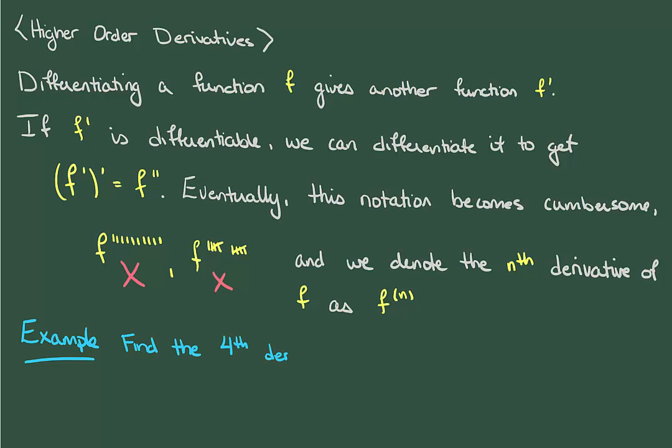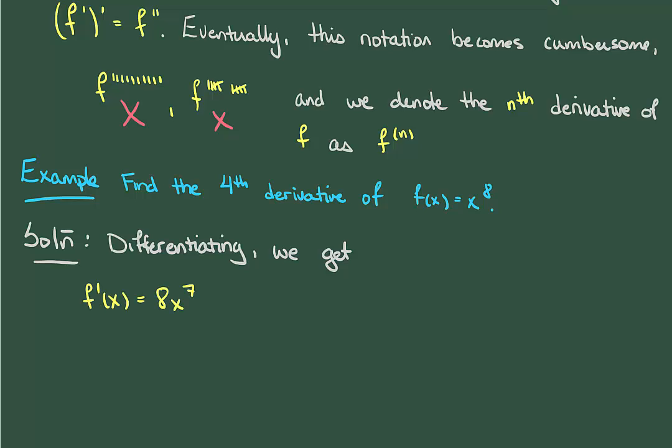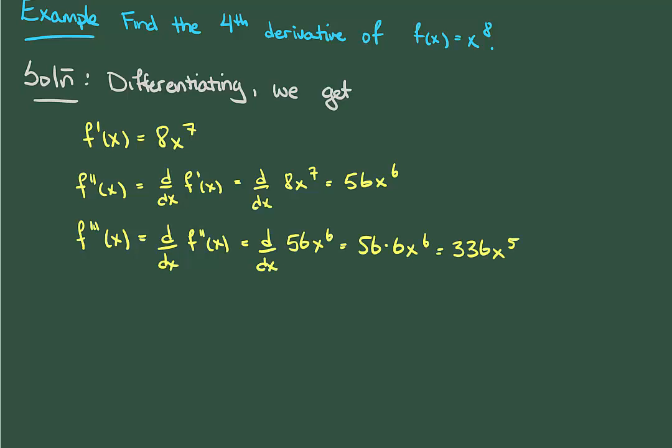Okay, let's find the fourth derivative of the monomial x to the power of 8. All we're going to do is just keep on differentiating until we've managed to do it 4 times. The first derivative is an application of the power rule. The second derivative is the derivative of the first derivative. Again, this is a power rule application, but with an extra coefficient. The same story holds for the third derivative, though multiplying the coefficients is starting to get a bit trickier. And finally, the fourth derivative, where now I've had to resort to a calculator to make sure that I get